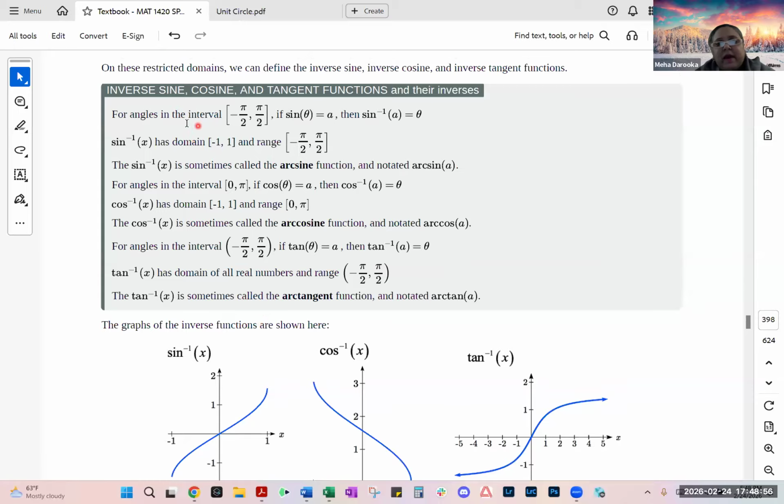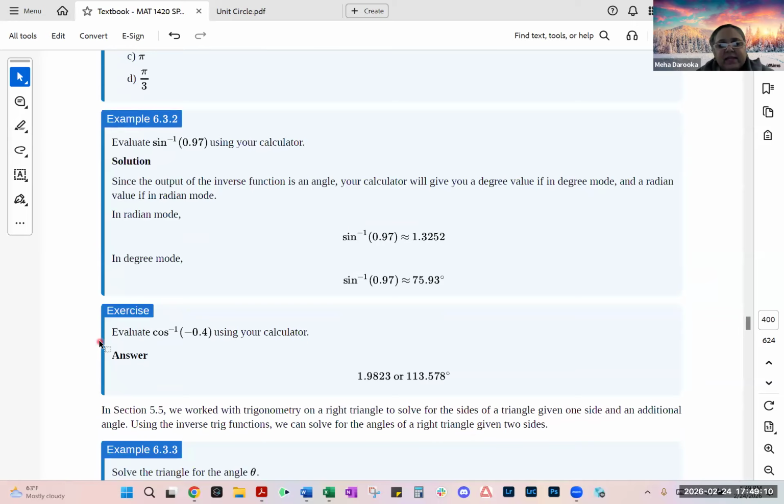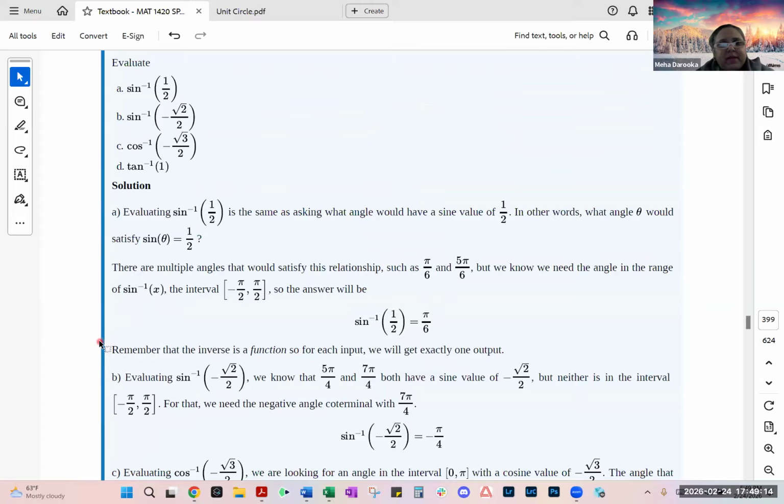We also talked about how domain and range switch places from the original sine, cosine, and tangent function to their inverses. And then you can see some of the other properties that they have listed over here. So we had started looking at how to find these inverses. And basically one thing to remember is,